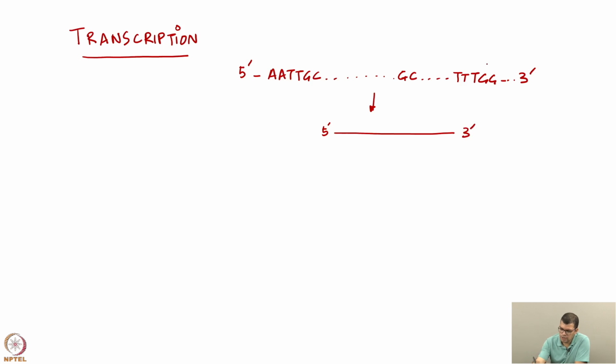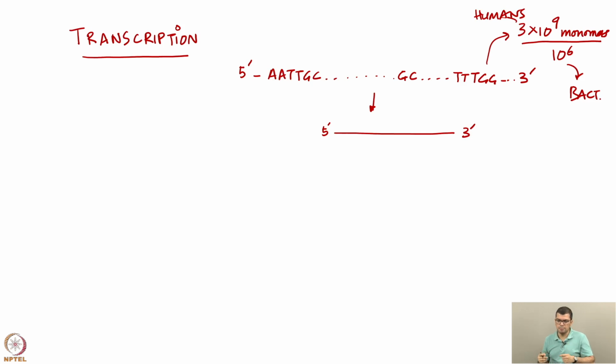By the way, when we are talking like this, human DNA is of the order of length 3 into 10 power 9 monomers. But that is just a detail. Bacterial DNA is often of the order of 10 power 6. This is humans and this is bacteria. But genome sizes are measured in terms of the number of nucleotides that a species has, and they range through various orders of magnitude depending on what species